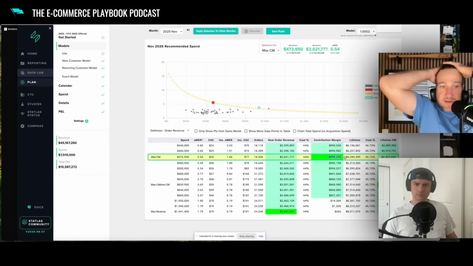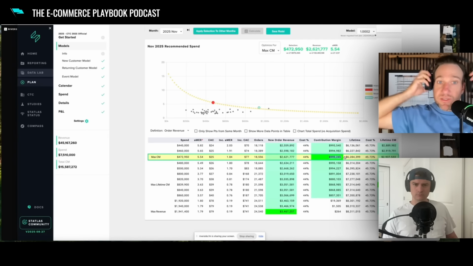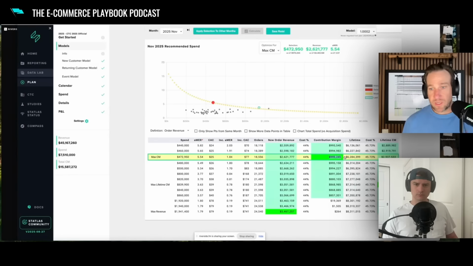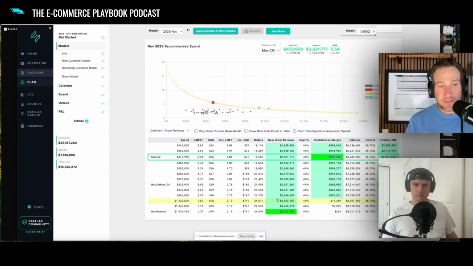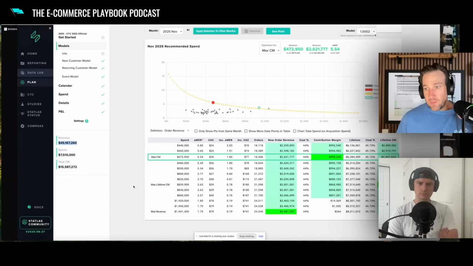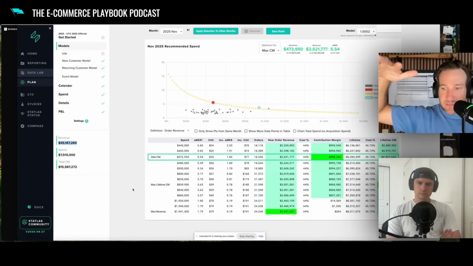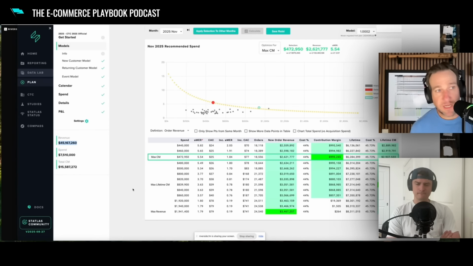So why would a brand ever take neutral contribution margin? Well, because we're just looking at new customers right now. A lot of brands every month are taking, especially as you get to maturity, like this brand is, you can see they're doing about $50 million of revenue a year. They're going to make a bunch of money off their existing customer base. And so therefore they want to drive as much new customer acquisition as they can to neutral. And so we talk a lot about this idea that your existing customer contribution margin should cover OpEx.